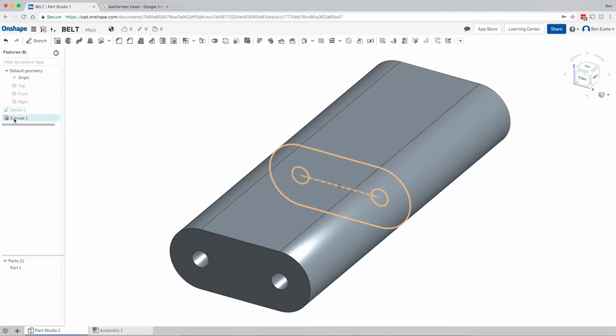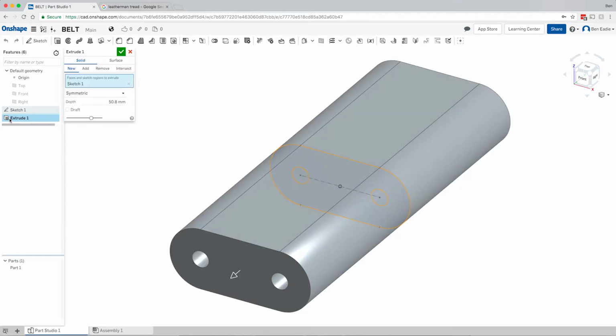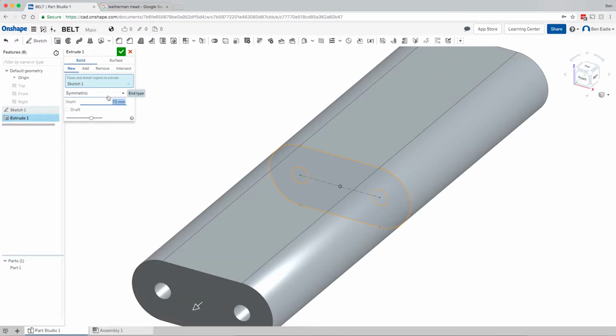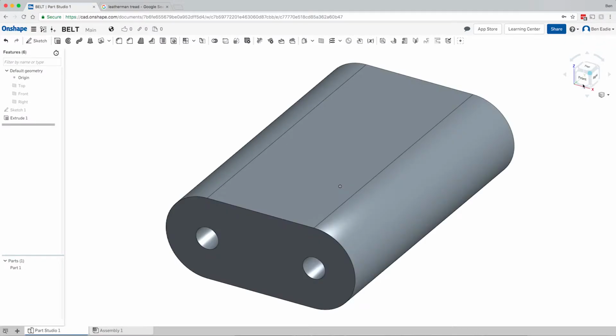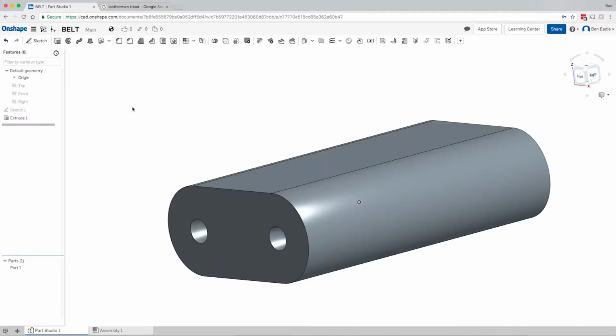So again, we need to modify the extrusion width. Now, there's a few things you can do. You can right click on it and hit edit like we did before, or you can double click on it and you'll notice that it brings everything up so that you can edit it. Now what I wanted this to be was 30 millimeters. So now that we've got this modified, we have it set up so that we have the holes all drilled all the way through. The next thing that we're going to cover here is the next sketch,